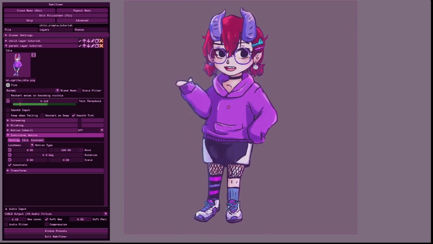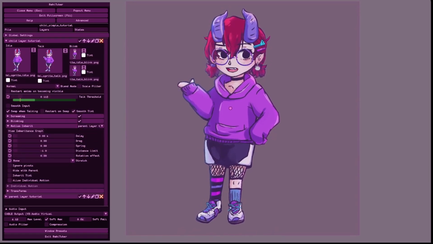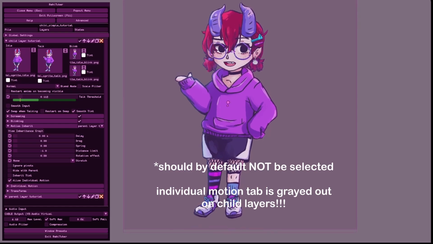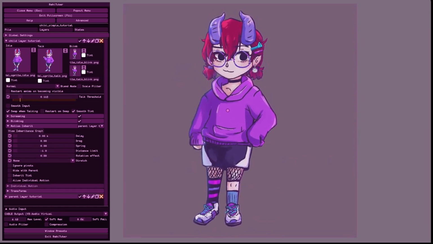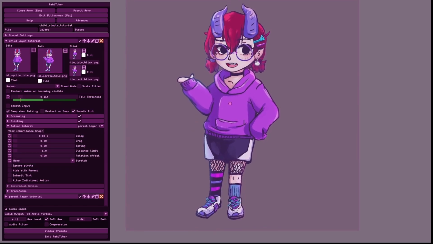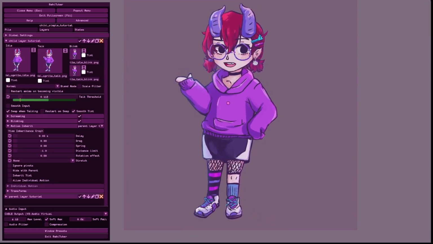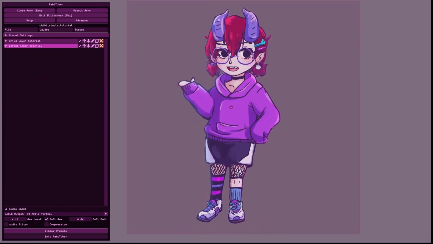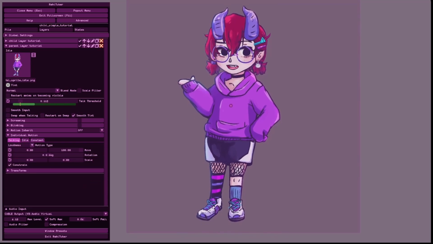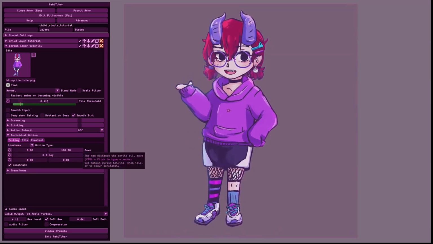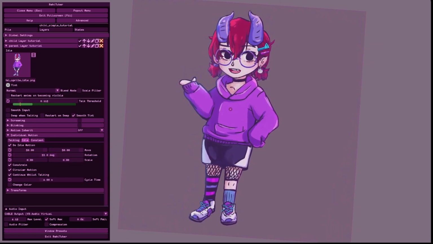So then, on the child layer, I'm going back into the motion inherit settings and making sure that individual motion is toggled off. It should be selected by default when we attach a motion inherit parent, but if it isn't, we're going to turn it off right now. Notice though, even though we don't have individual motion on this layer anymore, it appears to be moving. Remember, the ghost layer, the parent layer in our case, still has those individual motion settings on itself. And right now we could change them if we need to, and you can directly see how it affects the child layer, which is the only layer visible right now.